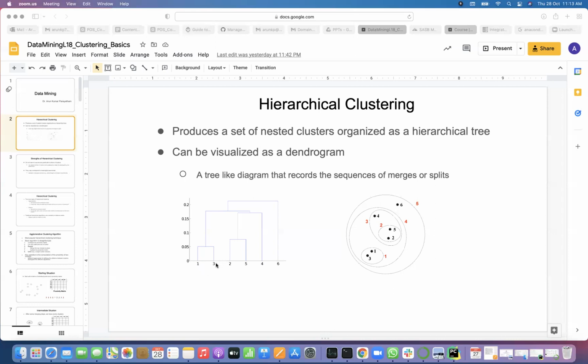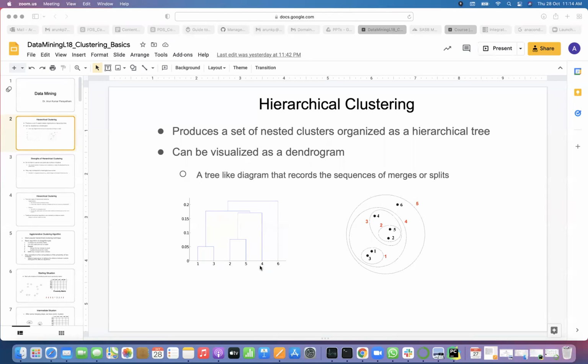See, in one cluster, 1 and 3 are there, right? They are merged, which means this horizontal line tells us there is one cluster. Then that cluster of 1 and 3 is one cluster. Similarly, you can say 2 and 5 is also a cluster.